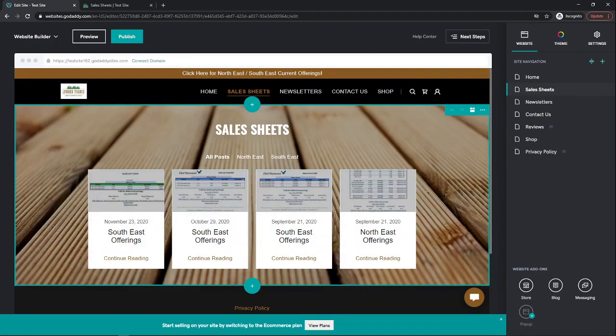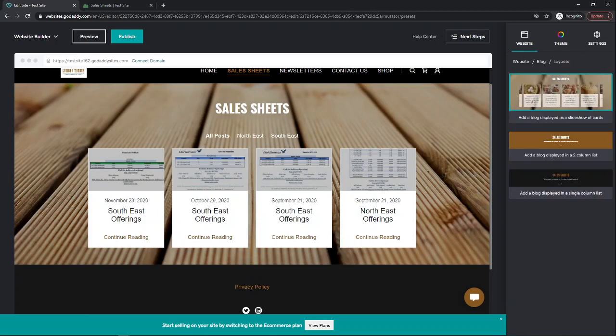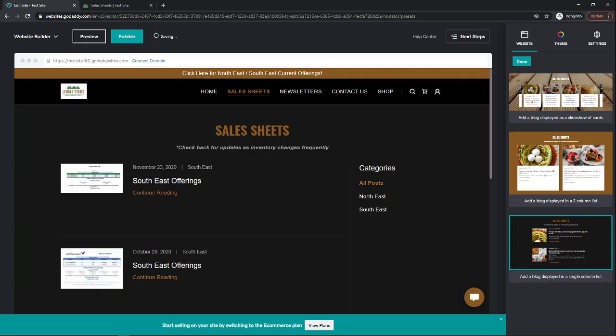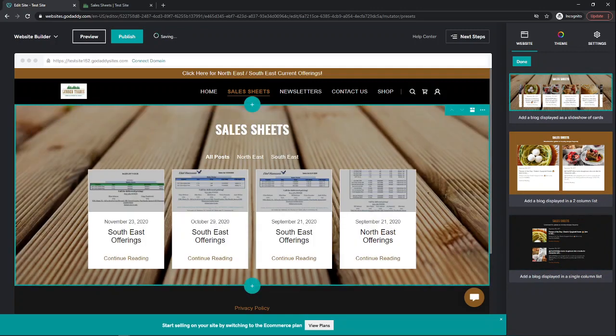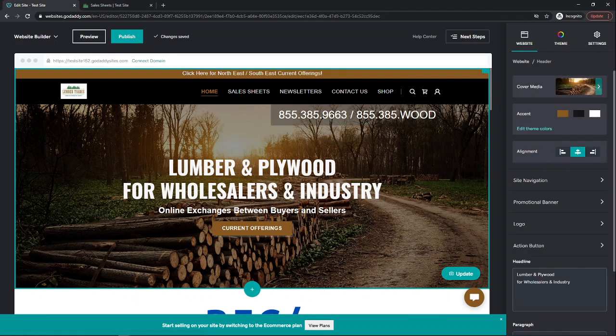So here's that on the back end. Let's say you changed your mind and you wanted it to have a different layout. Okay, great. Maybe you want that layout, right? Like, this is so simple. This right here, this is your header. This theme